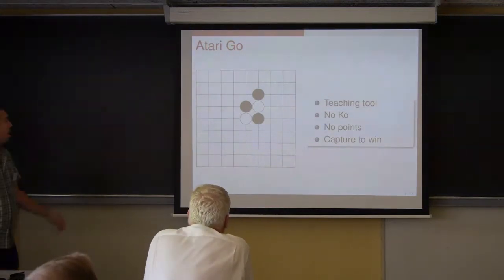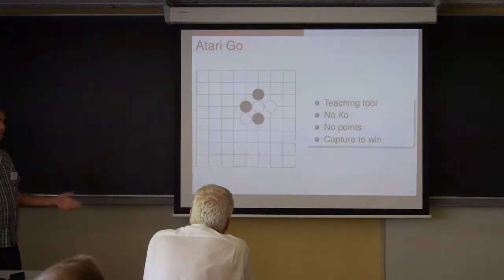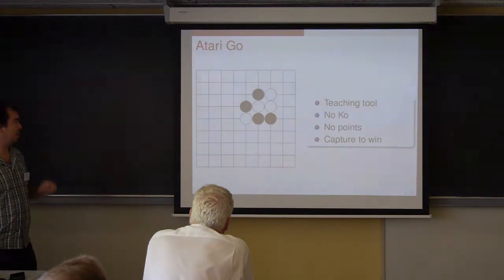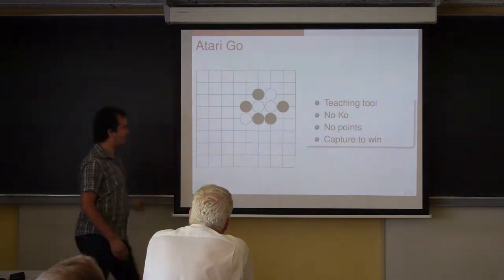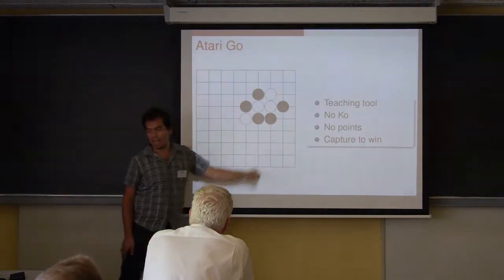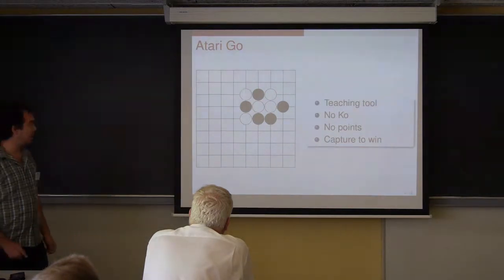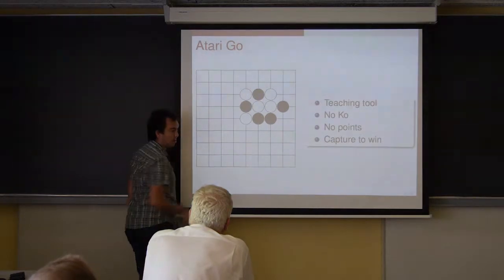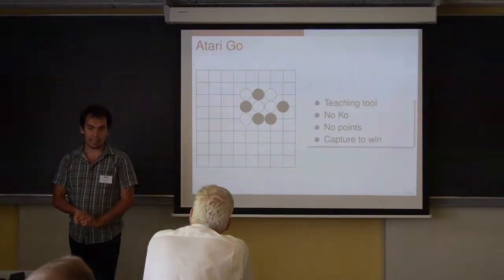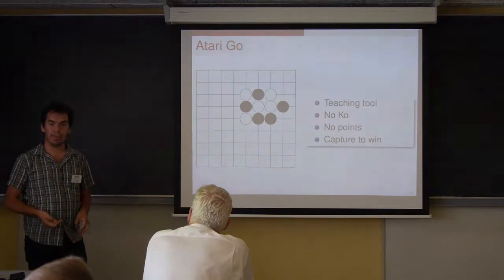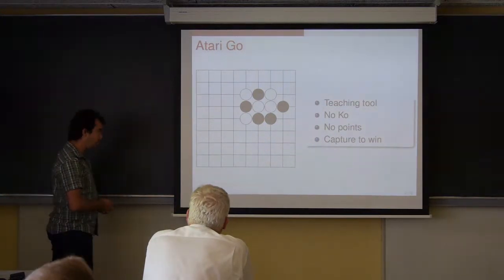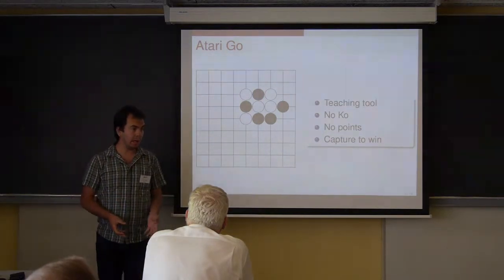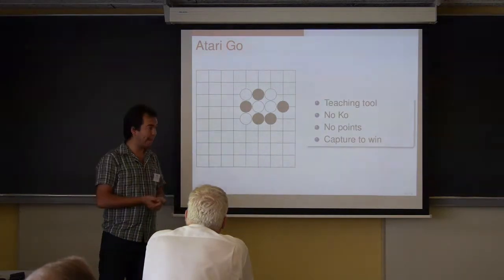Well, black can threaten this white pawn, which defends by extending its liberties, then black goes on, white protects, then black makes a final mistake, trying to be over greedy, and thus allowing white to threaten this turn at the same time as this turn, and so both cannot be protected at the same time, and this would be a white win at Go. So this is one first variation of Go, and it really is around the capture mechanics of the game.